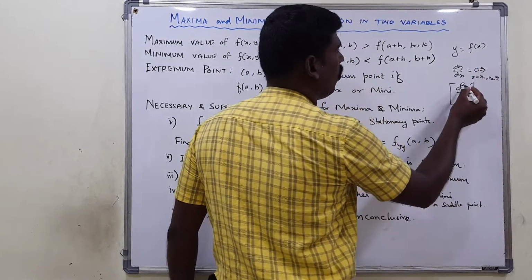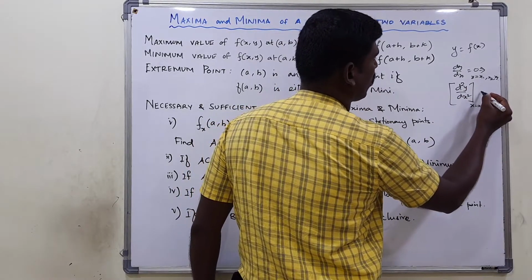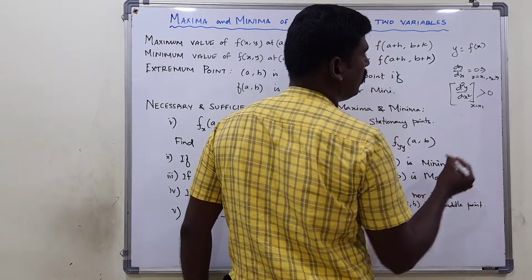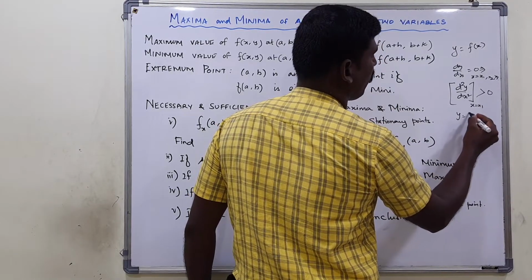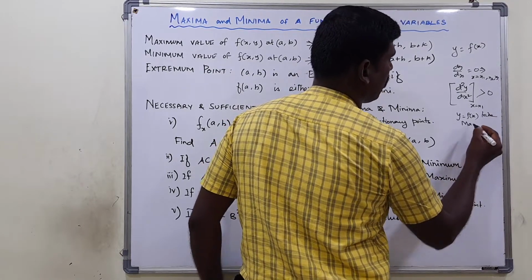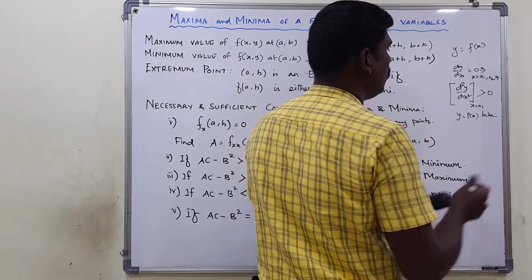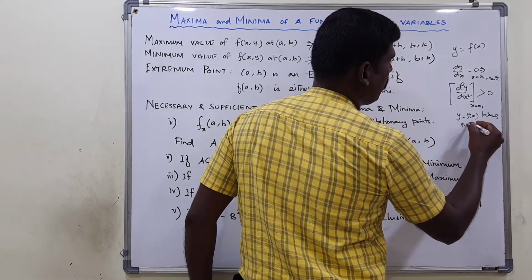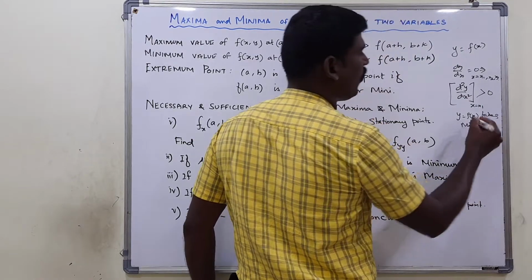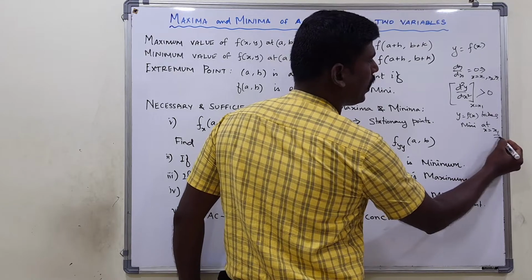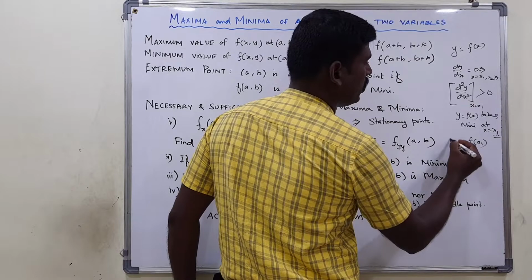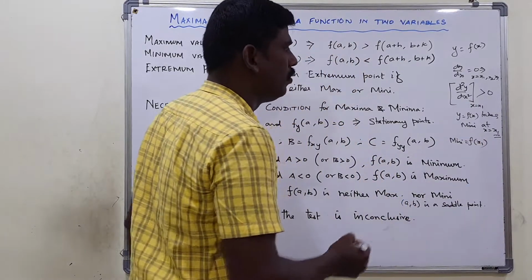The second derivative d square y by dx square at x equal to x1 may be positive or negative or equal to 0, right? If it is positive, what we conclude is that y equal to f of x, or f of x, takes minimum, isn't it? If it is positive, then f of x takes minimum at x equal to x1. How to find the minimum value? By putting the point x1 in the given function, you can get the minimum value, isn't it? So this is the minimum value, right?